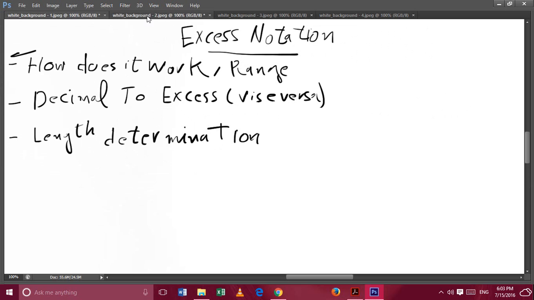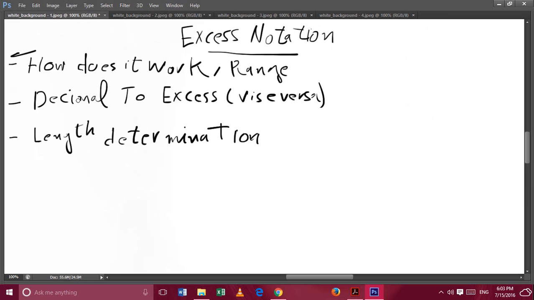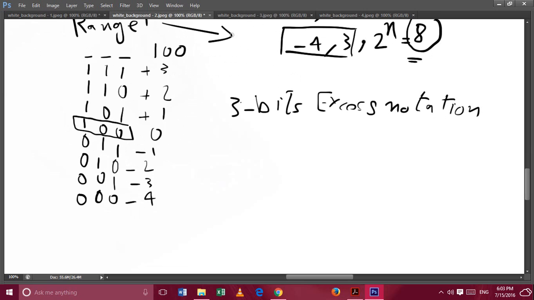This is done here. The next point will be to talk about how to convert from decimal to excess and vice versa. So we are at this point now. Now, before we go to this second point, there's another rule that I want to talk to you about, which is